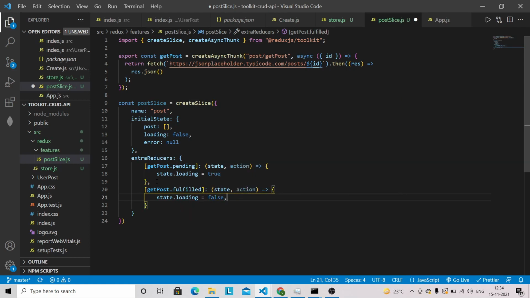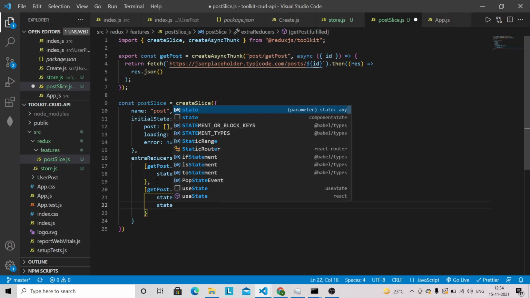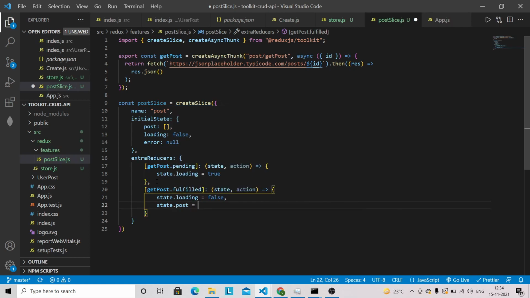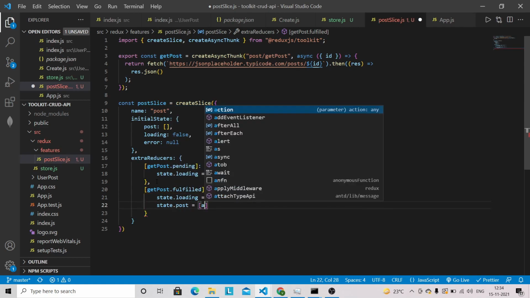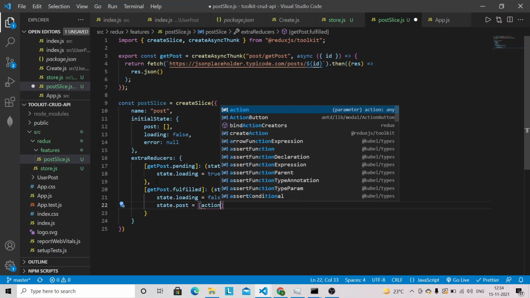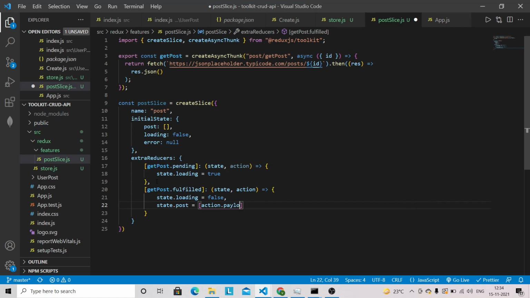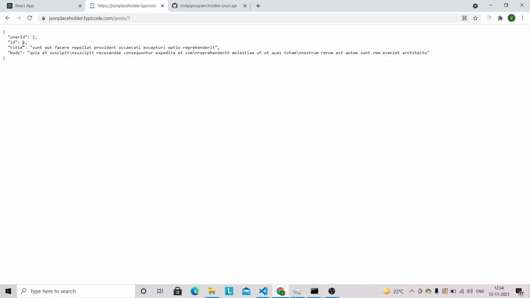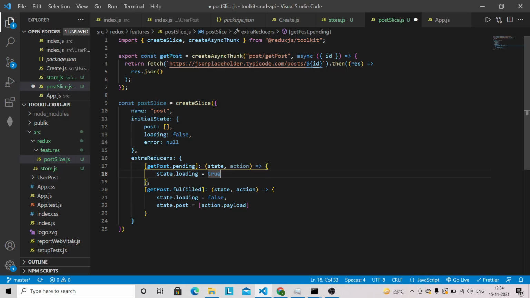And state.post equals action.payload. So I'm just going to put the action.payload in this way, because if you're fetching the post based on the ID, you will get the post as an object only, and we are storing this object in the array, so that this array will always have a single object, because we are getting the post based on the ID.